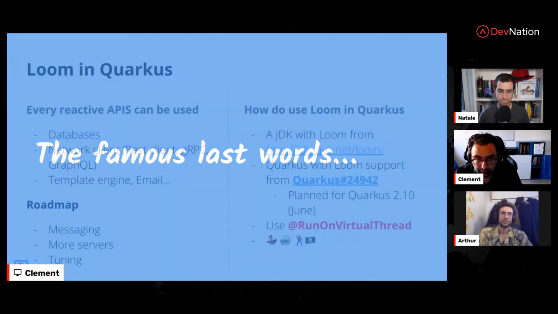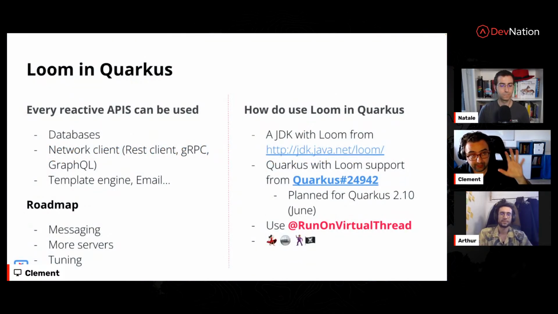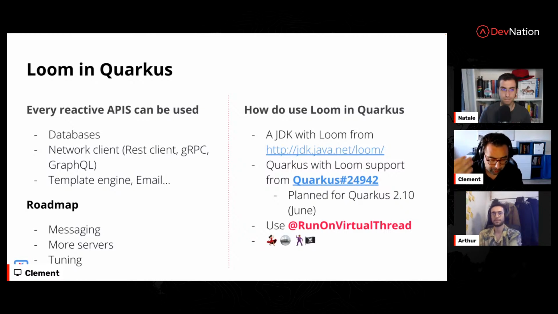So the famous last words. The first thing is that right now, you can already use what we have shown today with any databases that we support in the reactive database client we have in Quarkus. That includes relational databases such as Oracle, Postgres, MySQL, and so on, but also NoSQL databases like Redis, Mongo, and so on. You can use any network client such as a REST client, gRPC, GraphQL, and so on, plain engine,